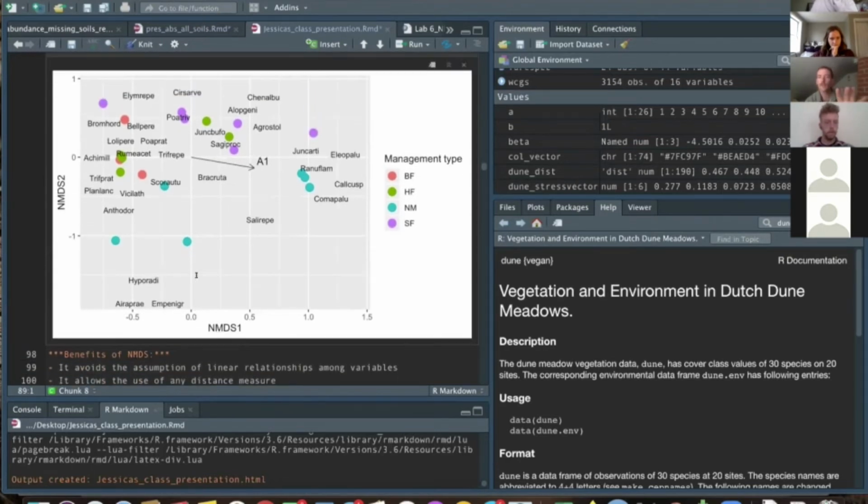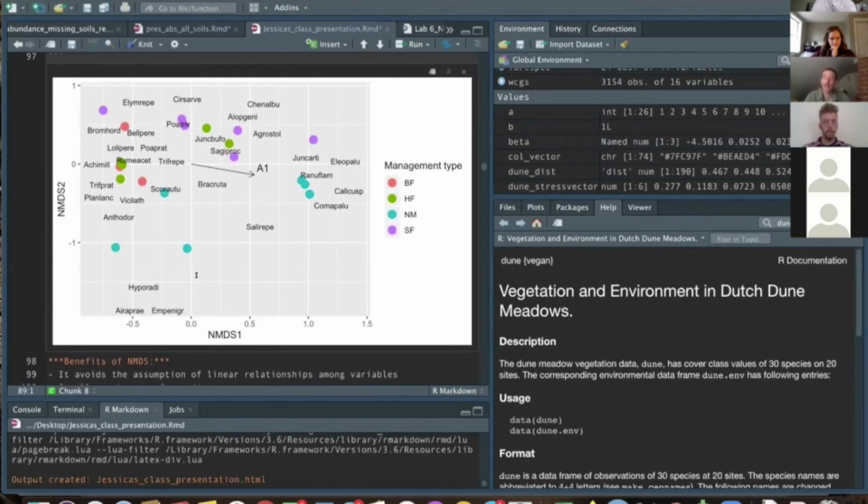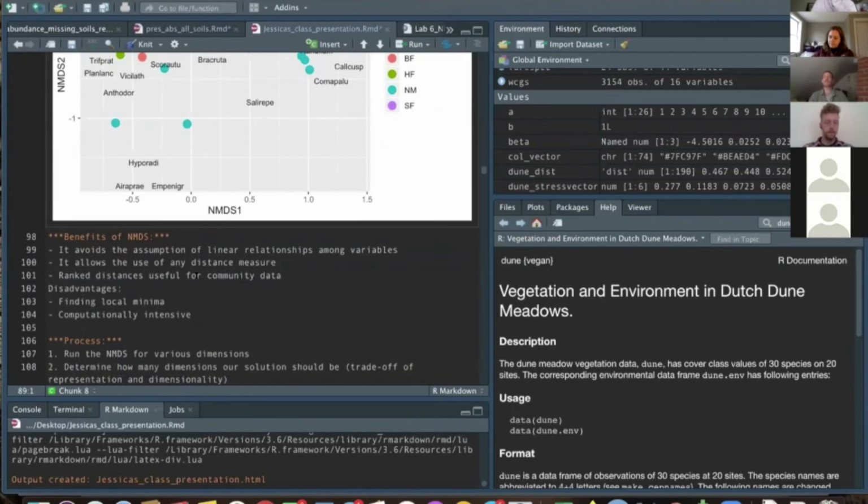So you can produce a figure like this with other ordination techniques like PCA, and there are a bunch of different options for ordinating. So why would we use NMDS to create this ordination? One of the benefits is that it doesn't have an assumption of linear relationships between variables, and there commonly aren't linear relationships with community data, especially abundance. We have a lot of zeros, and so that's a really nice aspect of it. It allows us to use any distance measure, and so PCA is restricted to just Euclidean distance. And so in our NMDS, we'll be able to use something more appropriate like Bray-Curtis that David mentioned. And then this also uses ranked distances, which we'll talk about a little bit more, but ranked distances is what makes this method non-metric. And so something like Kruskal-Wallis that also uses ranked distances, it's useful for some of these kind of non-linear relationships, and it helps us describe